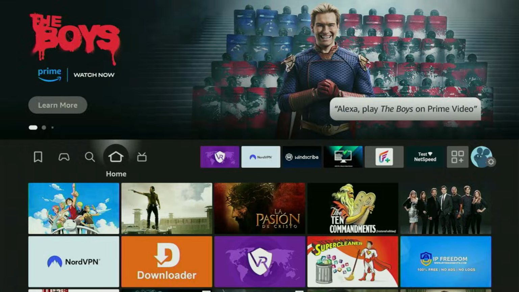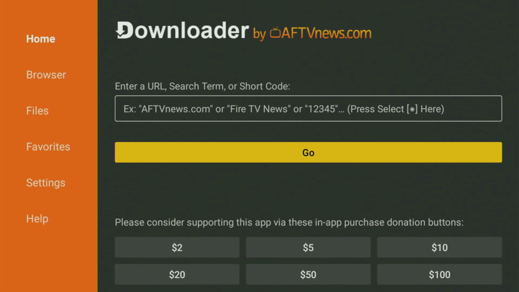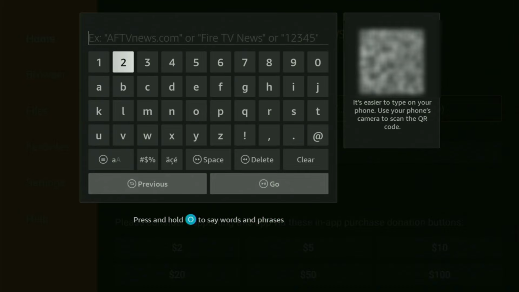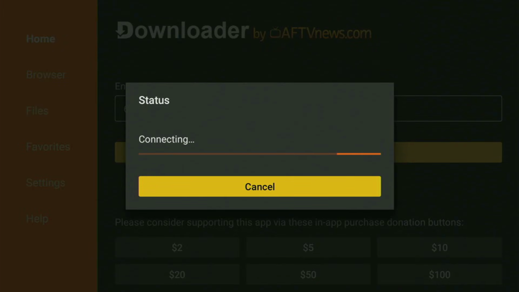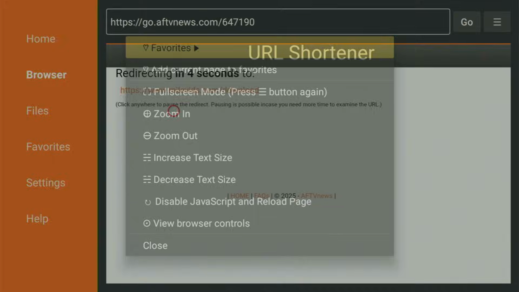So you'll go back to the list of apps on the device, locate Downloader, and open it up on your Firestick. And when the app opens, just go straight to the search bar and start typing in the code, which will be 647 and then 190. So once again, the first code will be 647190. Click on Go, and while it's loading,